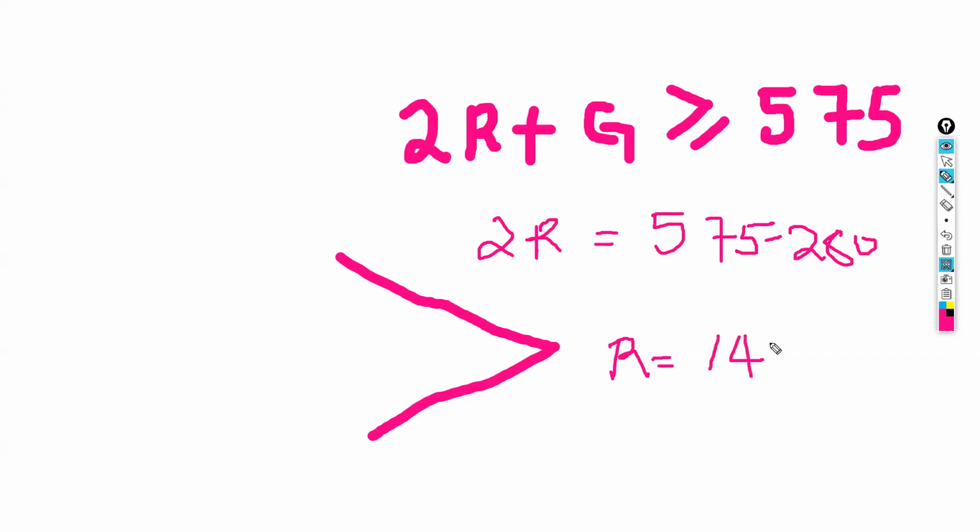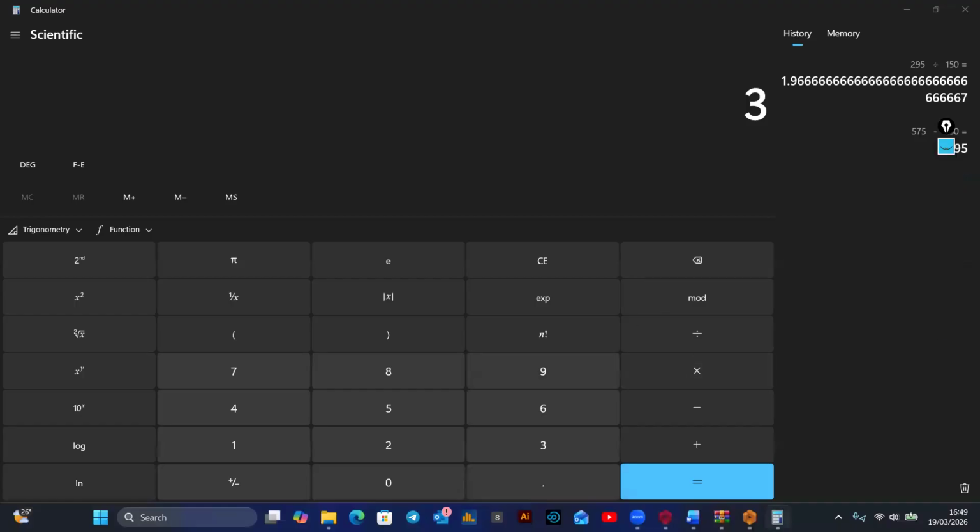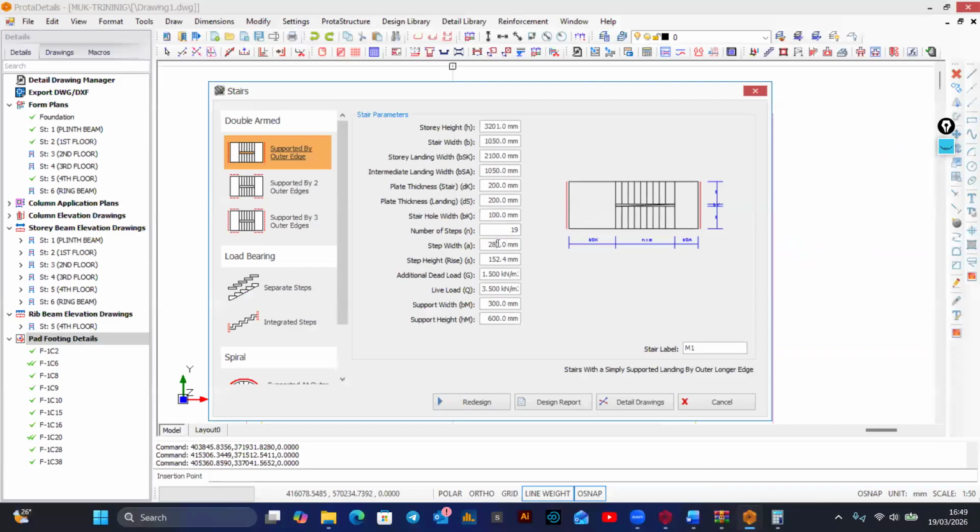You get 147.5. Now this is the formula which the program is trying to relate with. In case we make an input here, it will not be perfect, but what we know is that to get the number of treads, or risers that are required, it will be that value